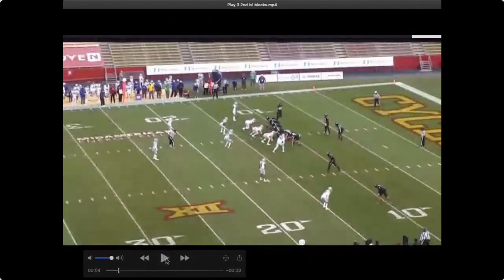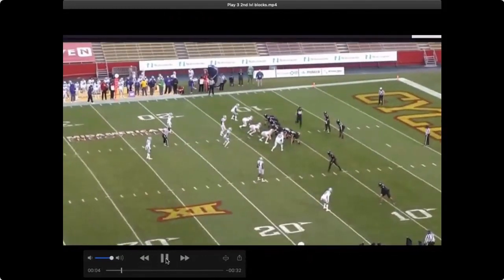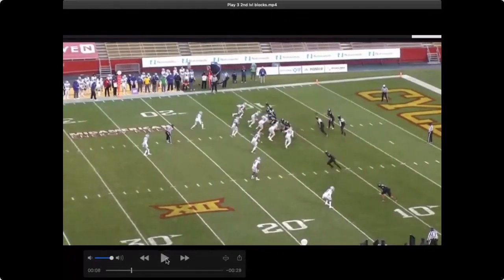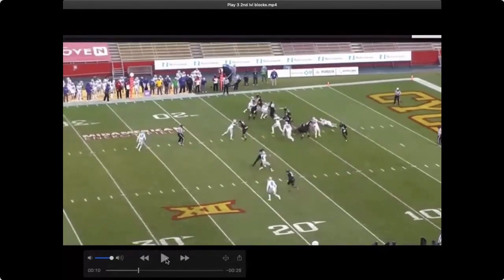So headline judge is at the bottom. So what do we know about this formation? We've motioned into kind of a pro set look, right tight end. So headline judge is inside, right? Headline judge starts inside. Okay, so